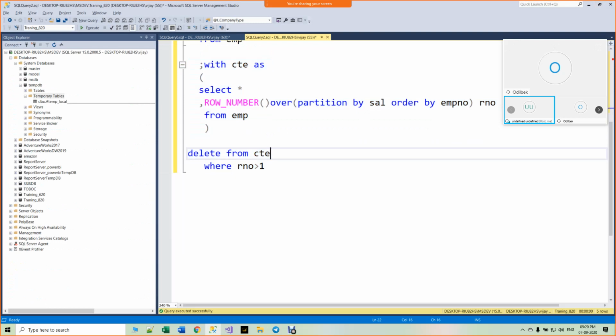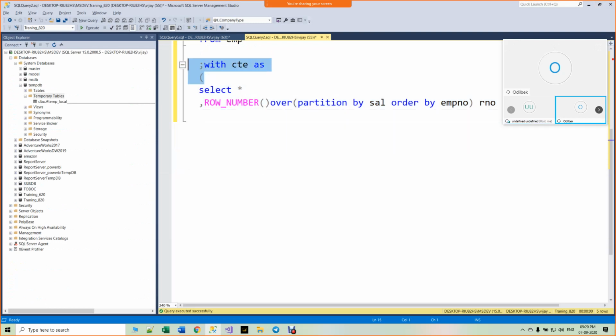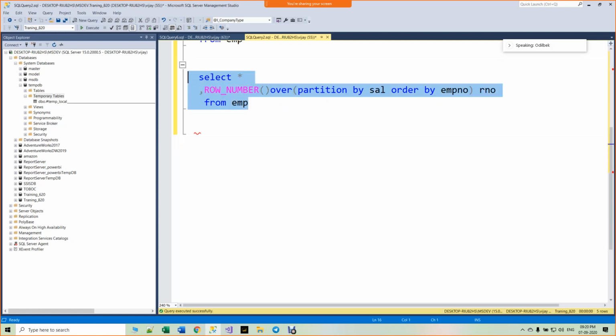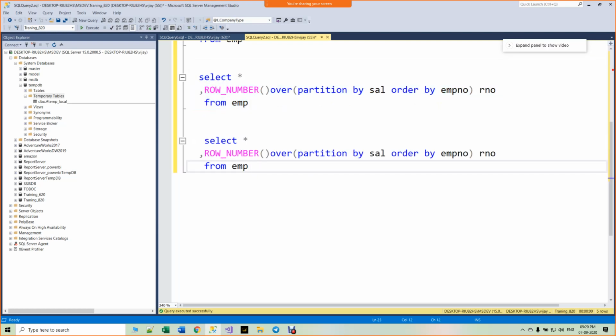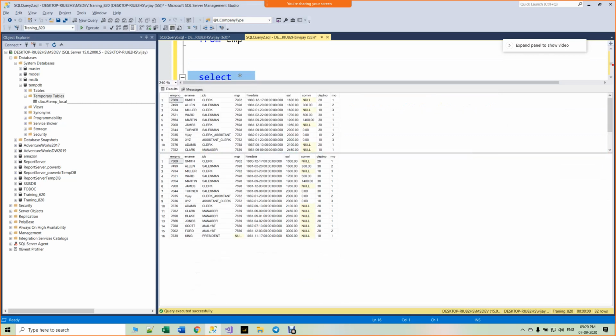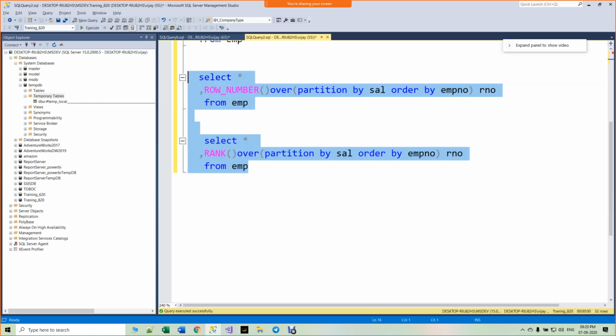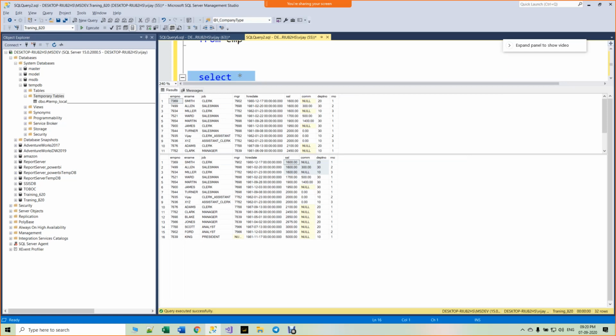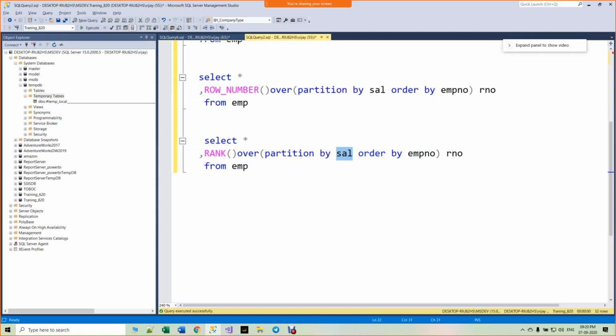Same thing. Let's see how rank will behave. I'm not going to disturb this one. I'll just add rank alongside row number. If you see here, order by salary.